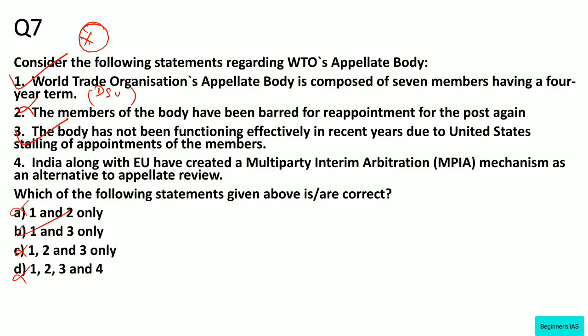What about statement number 4? See, India supports the restoration and preservation of the normal functioning of the two-stage binding WTO dispute settlement mechanism, but 23 members of the WTO have created the Multi-Party Interim Arbitration mechanism. And also, one has to note that the European Union, China, Brazil, Australia, New Zealand are some of the key members of MPIA. India has not yet